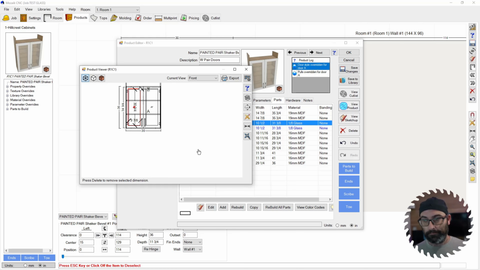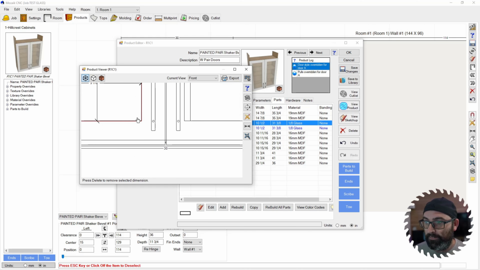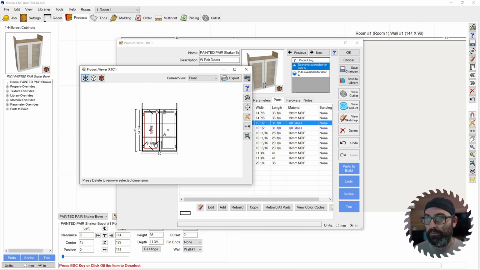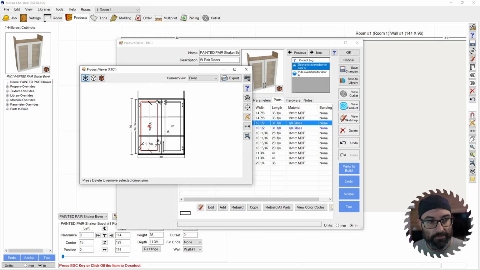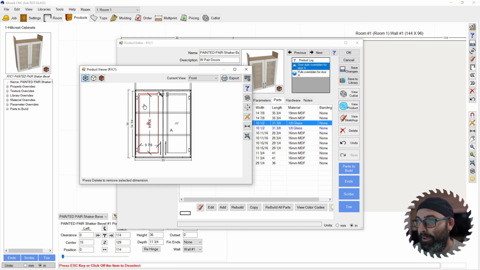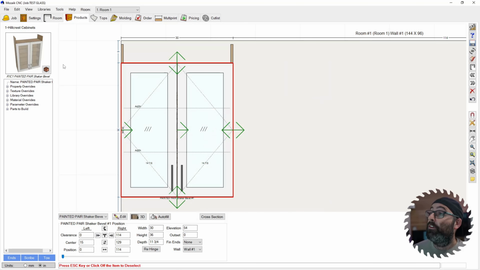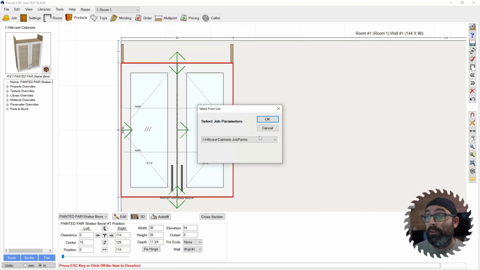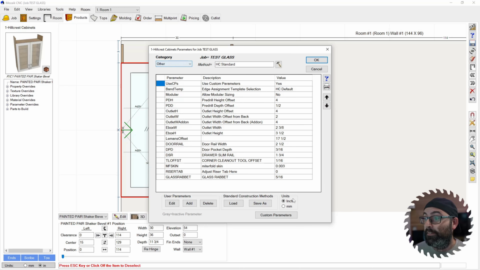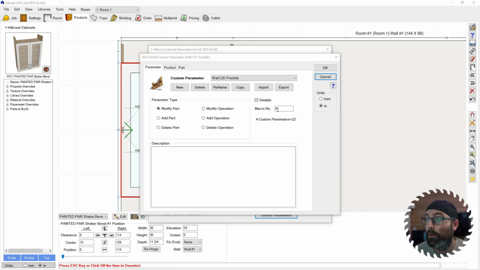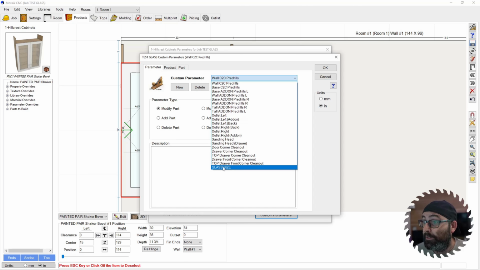So there we go. The last thing we want to do is, I mean, this is maybe not that important, but you know, keep a clean library. We're going to push it down and to the right so that they are referenced where they actually are supposed to be. So in order to do that, we go to job parameters, click OK, and then we're going to go to custom parameters. So then you're going to go down to glass size,